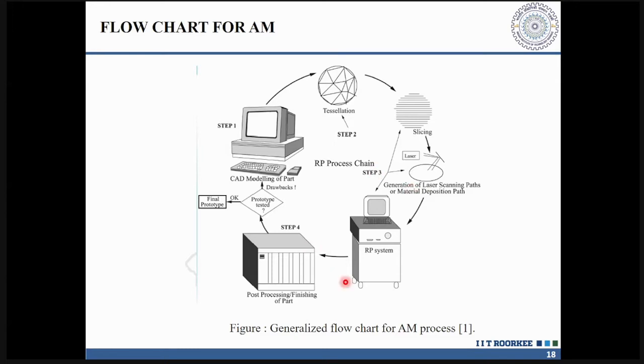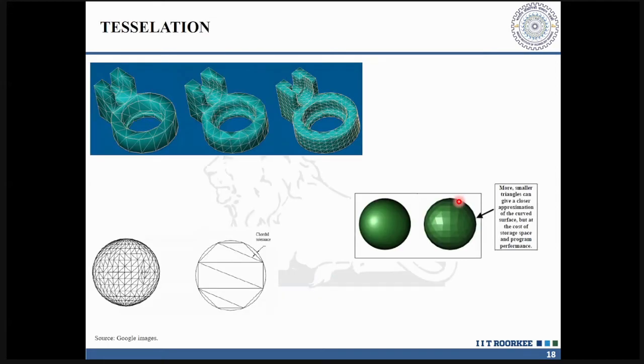So once all the layers are ready, from the RP system you get the product. If there is a requirement of any post processing, if you are not happy with the surface finish, fine, you do any kind of post processing and test that prototype. If the prototype is fine, go for full scale production or go for the market launch of your product. If there are certain drawbacks, again follow the same rule. Go for a 3D CAD, go for the tessellation, go for the slicing, and again follow the same path flow. So the first approximation that comes up here is called the tessellated model.